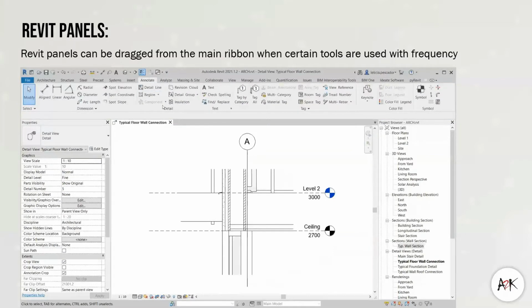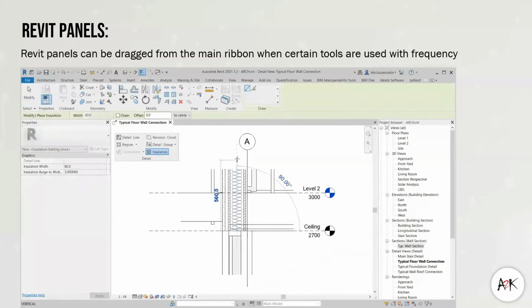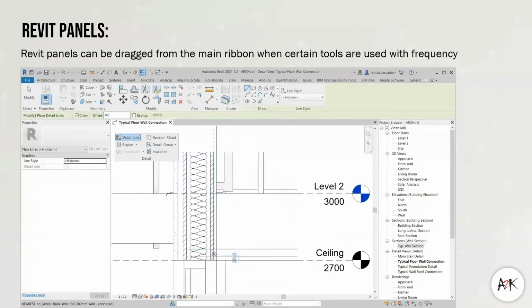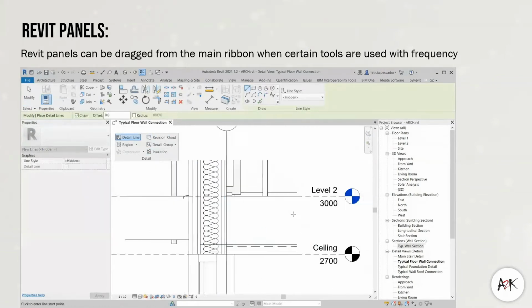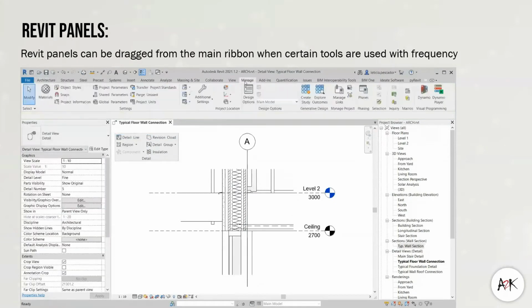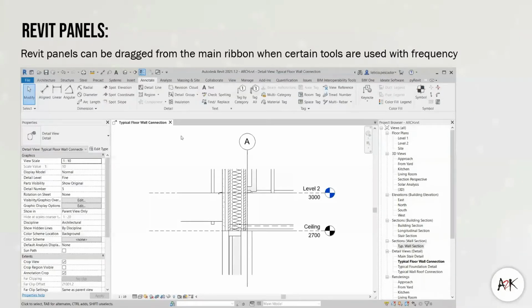Next tip will be Revit panels. When you're using Revit to create or perform certain tasks, in this example we're doing a little bit of a detail, we can drag and drop those panels out from the main Revit ribbon and interface. When you're happy with those tools, you can use that same tab and press the arrows to send those panels back. If you shut down Revit and restart the software, it will always remember the panels you have within